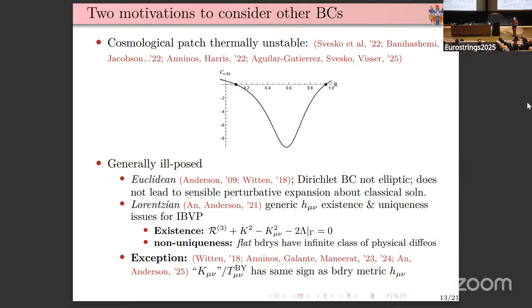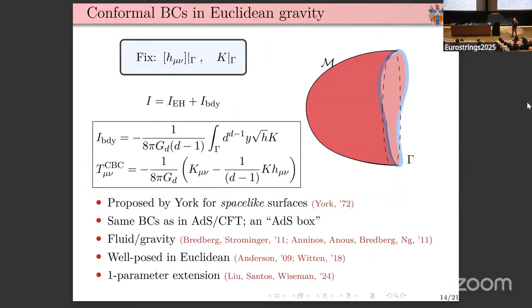But generically, that is not the case. So this led people to investigate other types of boundary conditions. In particular, you had conformal boundary conditions where you fix the conformal class and you fix the trace of extrinsic curvature. What this means is that now what K will do is it will tell you basically the size of